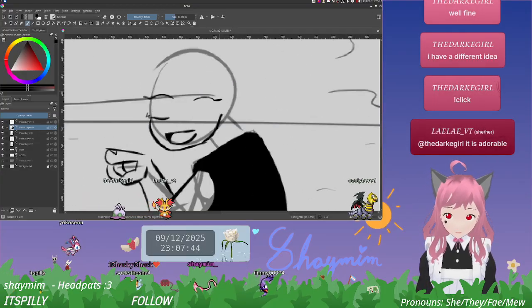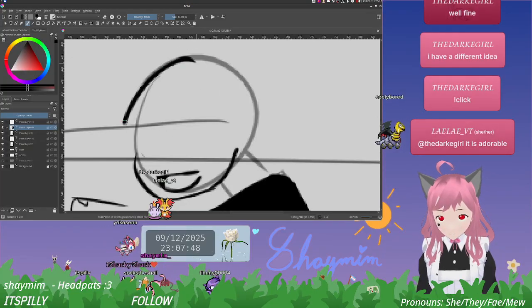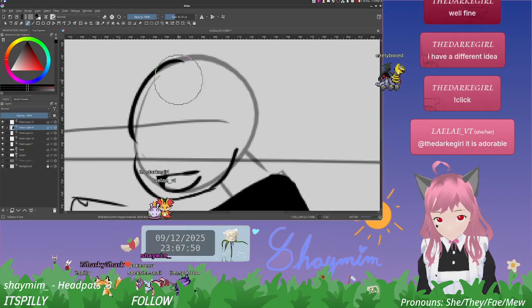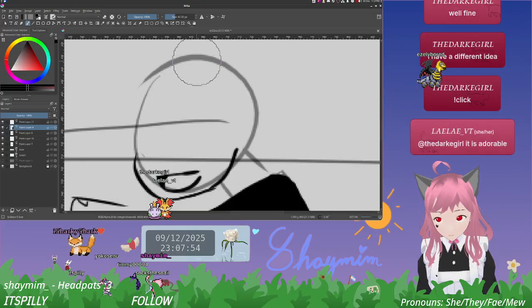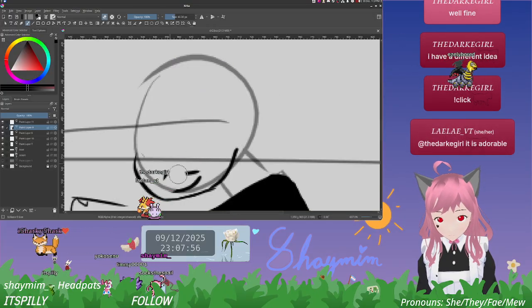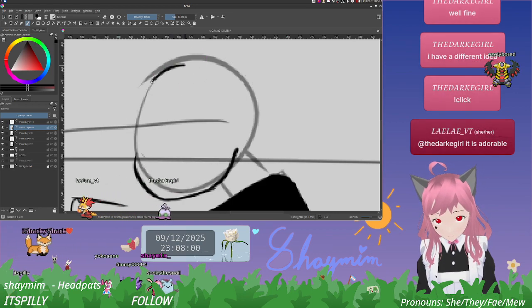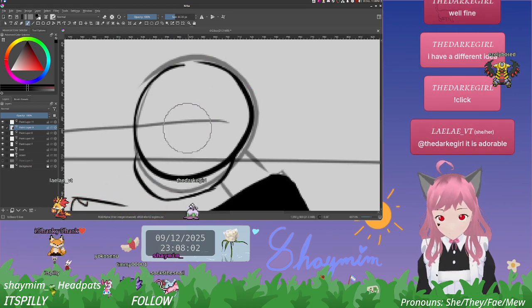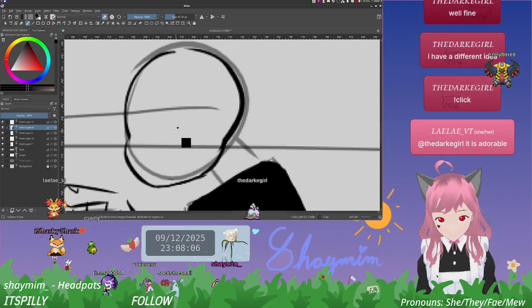Actually looks terrible and awful and I should feel bad. Wow. Maybe I need to erase the mouth really quickly while I put this head in. Oh, there we go. Didn't expect to get that so quick.